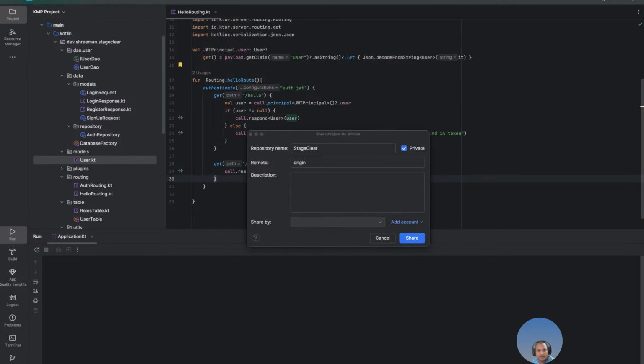So in the description, just give me one second. For this project, for the description: a KMP app, you can say a Kotlin Multiplatform app